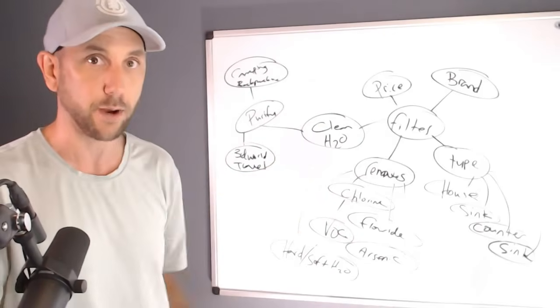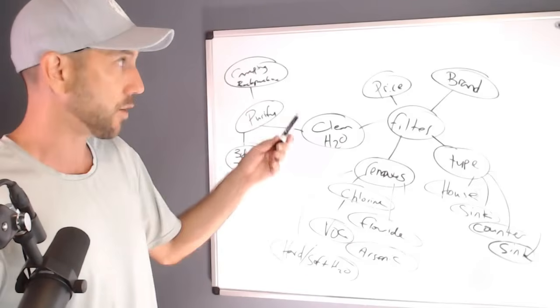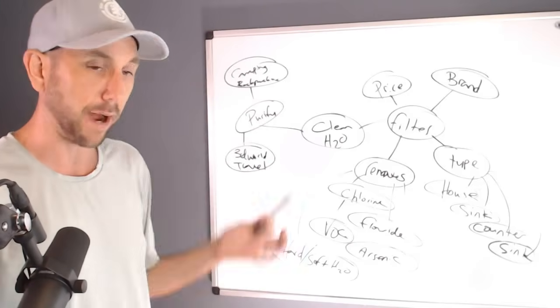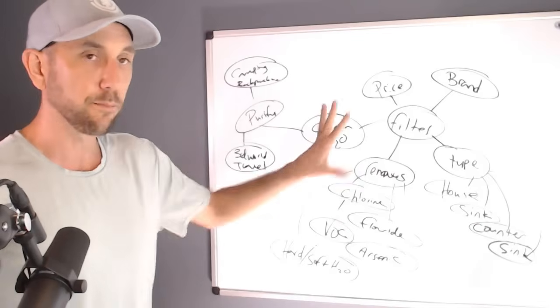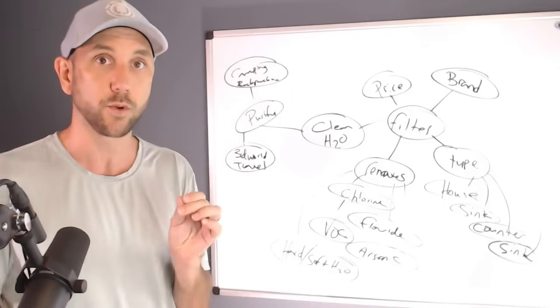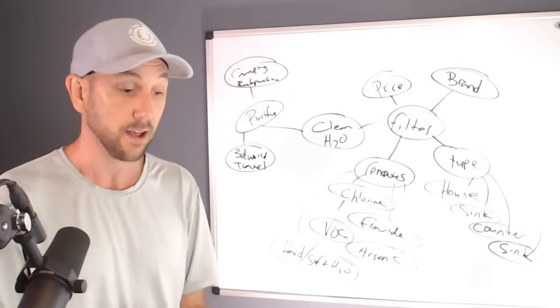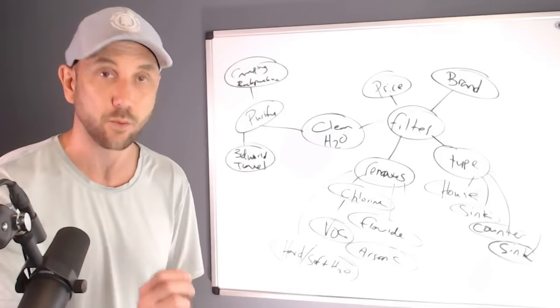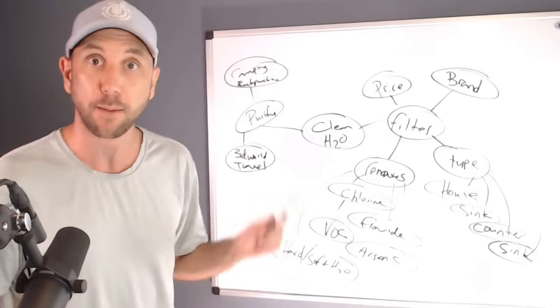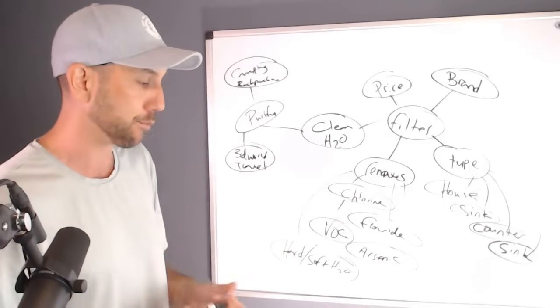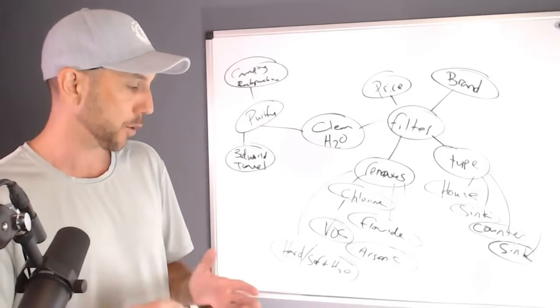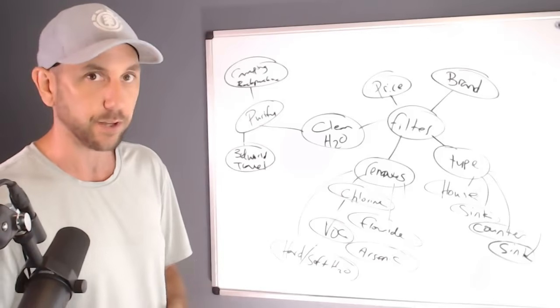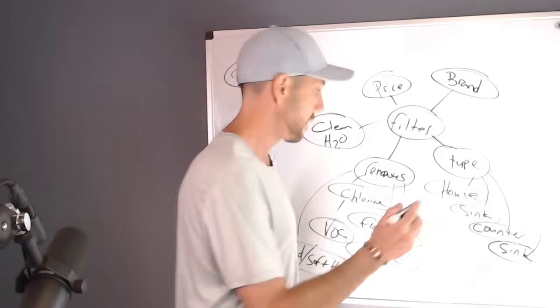Then there's the brands, right? There's a lot of common brands, and I'm going to give you a list of what I call buyer intent phrases that we're able to mix in with all of these, and that's where you can really identify those keyword phrases that can essentially bring cash flow pretty quickly for you as an affiliate once you gain the rankings. So let me just throw a couple of brand ideas up on there. Brita, Berkey, Aquasana, ProOne, these are just some brand names that I found kind of basic researching.